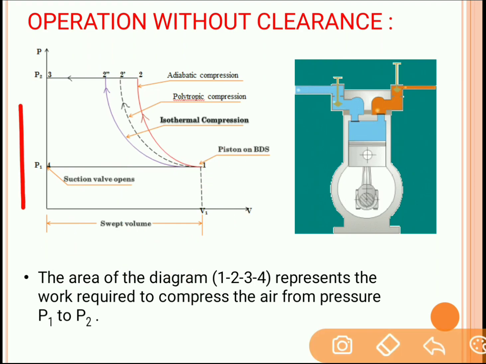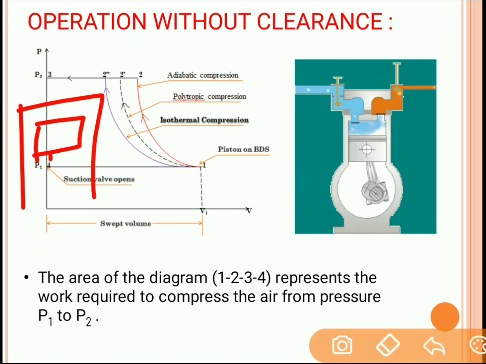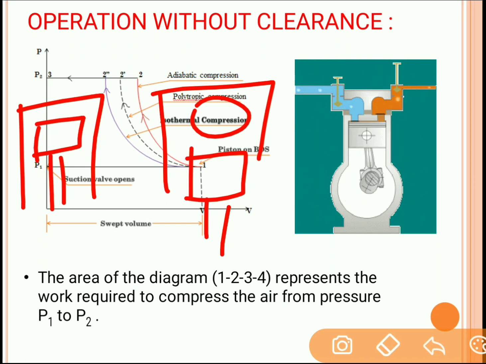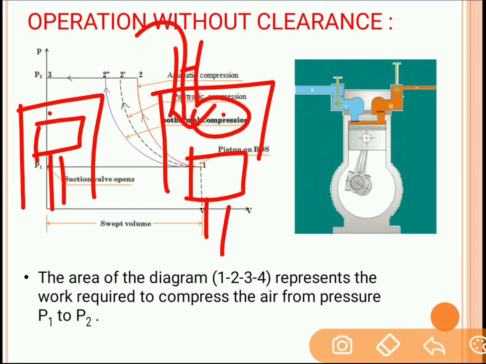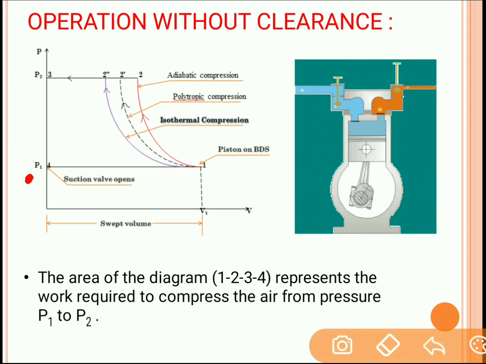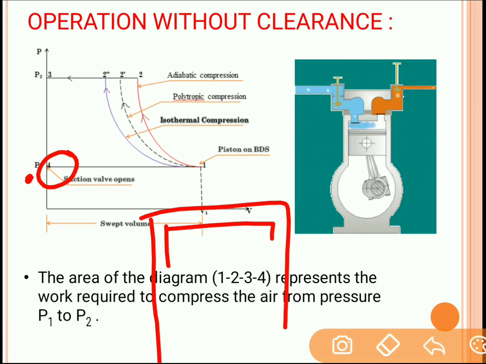So if you see the 2 figures over here, the piston is at the topmost position, and when the piston moves to the bottommost position, the volume over here increases from this position to this position. So as volume increases, your suction valve will open and the fresh air will move inside the cylinder. So that is considered as the suction stroke. At point 4, sorry, this is point 4, the piston is at the topmost position.